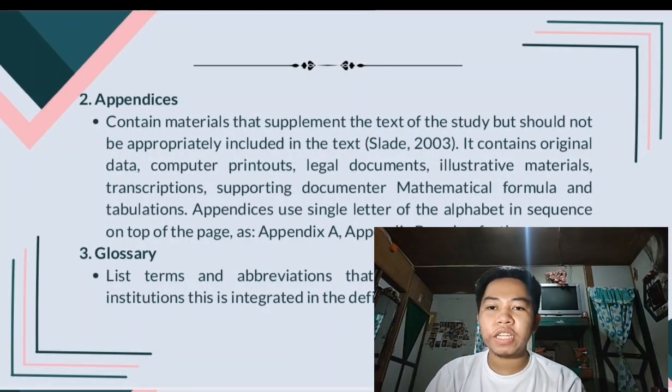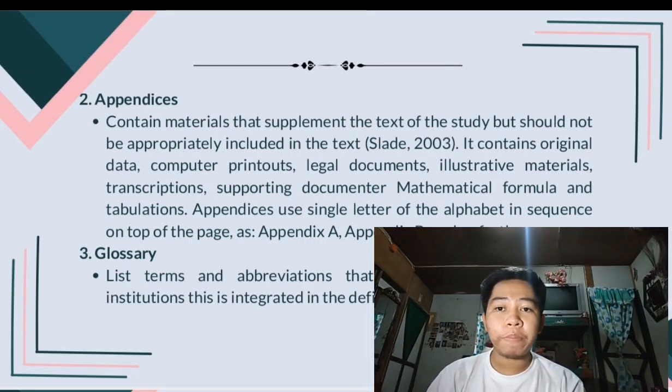So now let's proceed to the other part of the paper, which includes appendices and glossary. In a research paper or report, appendices and a glossary are optional sections that provide additional helpful information without interrupting the main content.